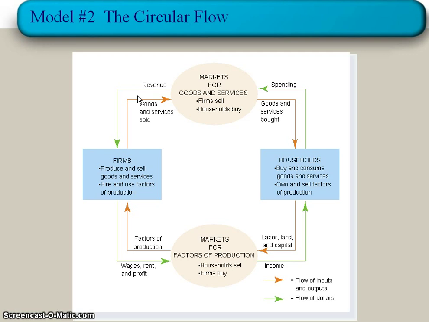Now, what's really important to understand is, out of all of this, how does this circulate through? How does money move around the economy? Take a look at it carefully. If you see other examples of the circular flow model, you're also going to sometimes see the government included in this. We'll talk about that more later, but for right now, let's keep it as simple as we can. We're just going to talk about households and firms.